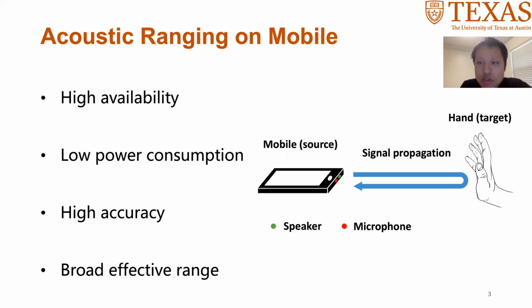It is increasingly popular in recent years because it has unique advantages compared to other methods. A pair of speaker and microphone are equipped on most devices. The speaker can send out the signal and the microphone can detect the reflection to measure the time of flight. Besides, it consumes less power considering the low signal rate. It is critical to mobile devices. Acoustic has a centimeter level wavelength so that it can achieve better resolution than Bluetooth and Wi-Fi. Finally, acoustic has a broad effective range. It is a good fit for indoor applications.